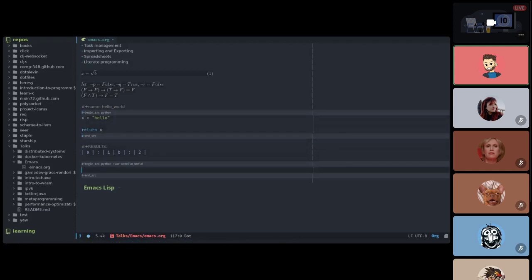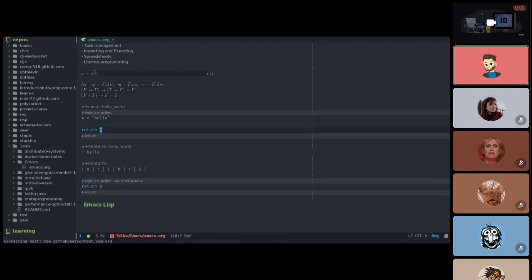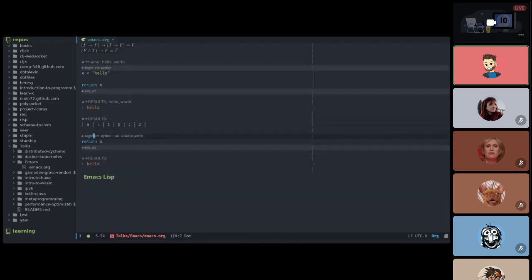And then if I just return x here, that's going to be the input. So I can run this block, and that will output hello, and then I can run this block, and it's taken the output from this one as the input and then returned that. So this would be basically like an identity function